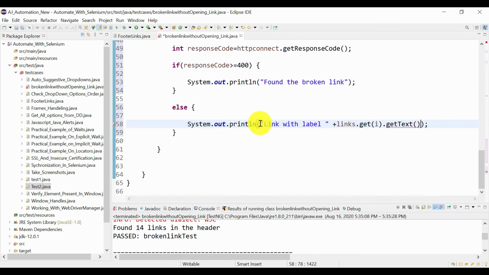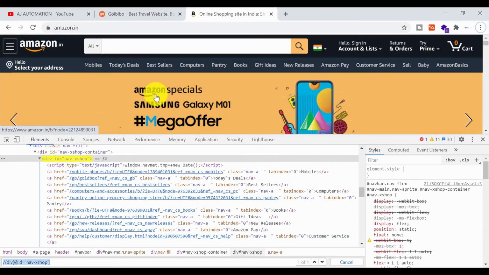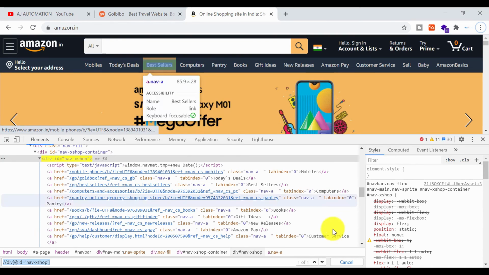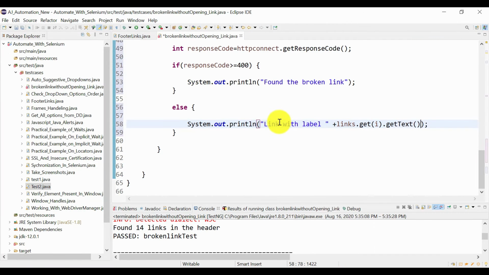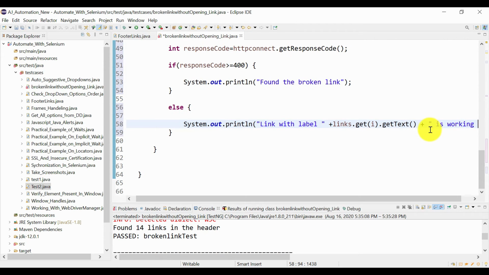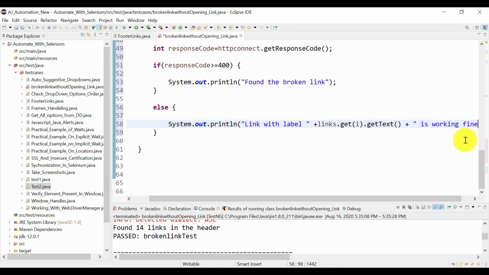Give me the text associated with each web element. So this will return mobile, today's deal, best sellers, likewise. So link with the label, this is working fine. Okay, so this could be a longer one.